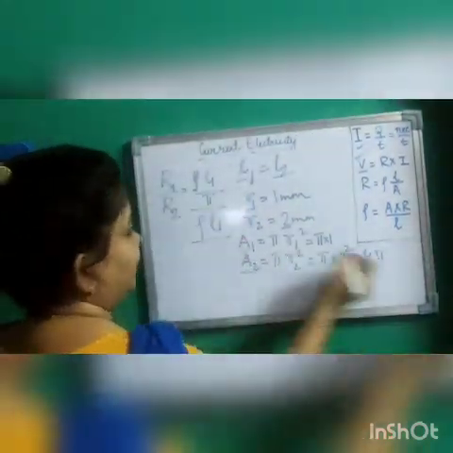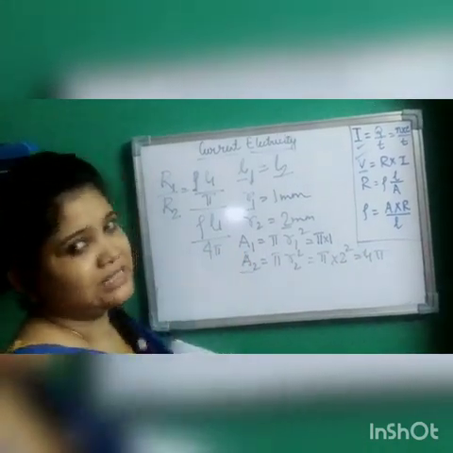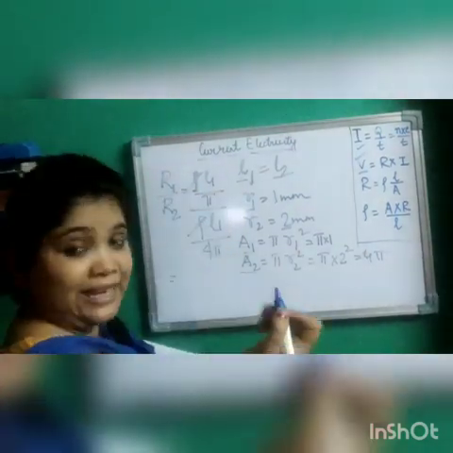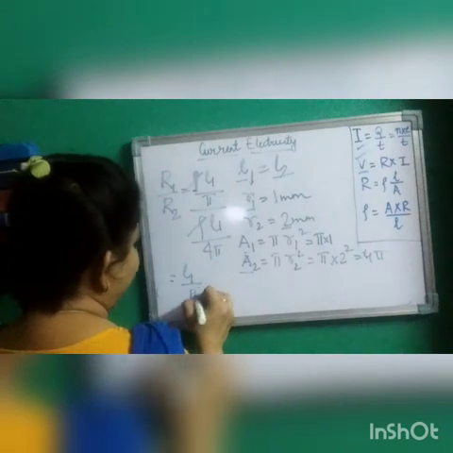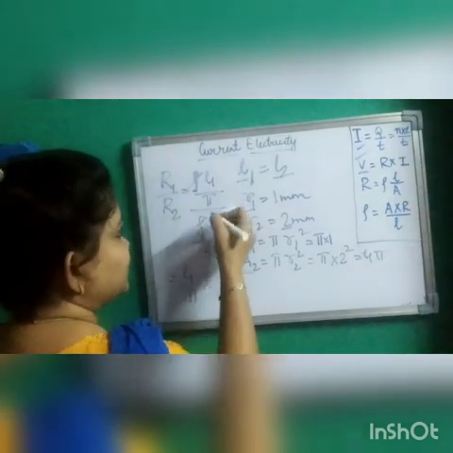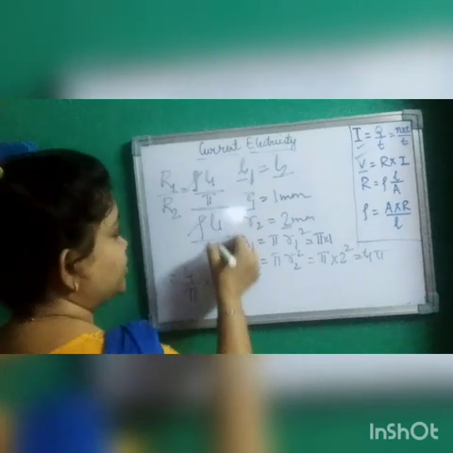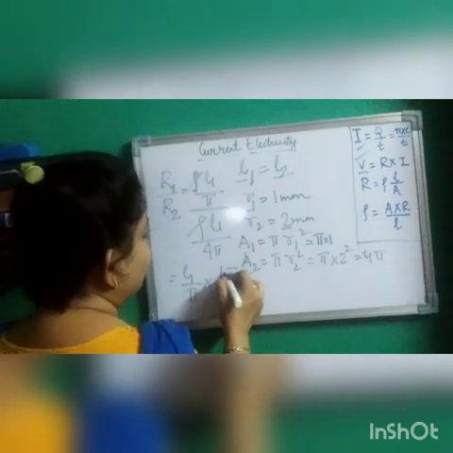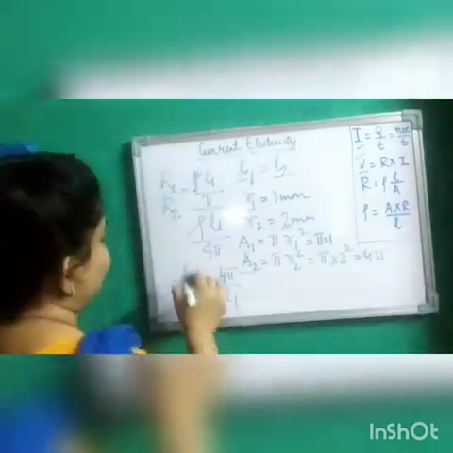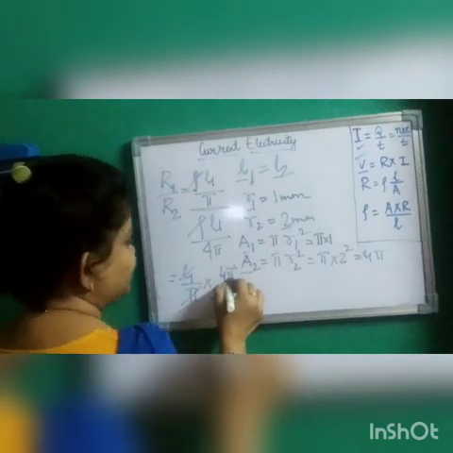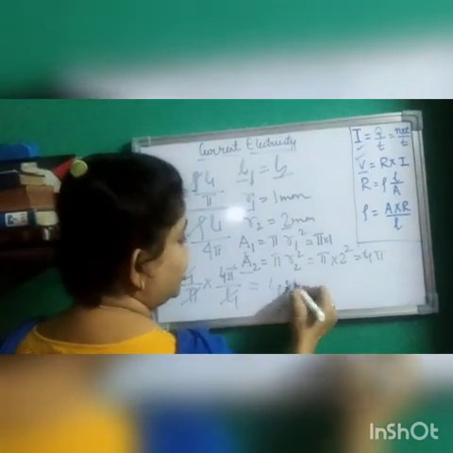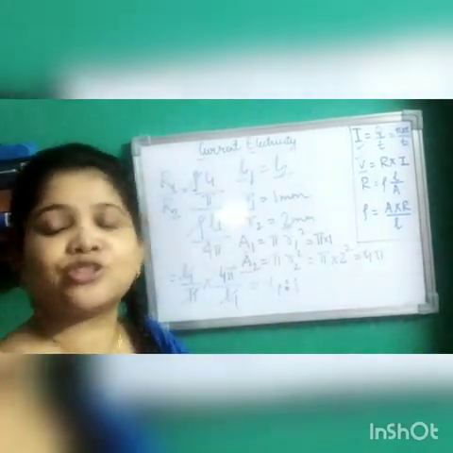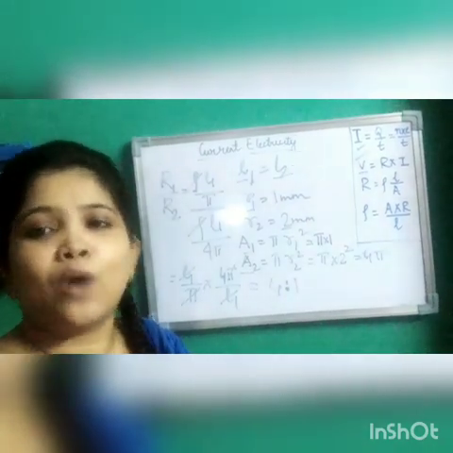L1 by what is the area? 4 pi. Just now we have to solve it. So pi gets cancelled because both are same. We are left with L1 by pi, and as there is division between these two, when it goes up it becomes reciprocal. So it becomes 4 pi by L1. L1 gets cancelled, pi gets cancelled. What is the ratio you are getting of the resistance? 4:1. So the ratio of the resistance is 4:1.